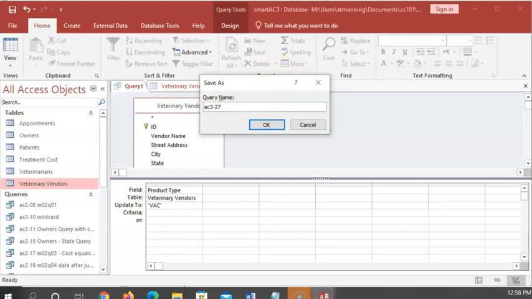Okay, so we're saving this update query. I think it'll still let you save the query, but when you run it, it'll say, sorry, I'm not going to let you change it. But don't worry about that. That's only because we accidentally changed that to multi-value. Okay, so query name, we're saying that AC327, we'll call it update query. Update product type